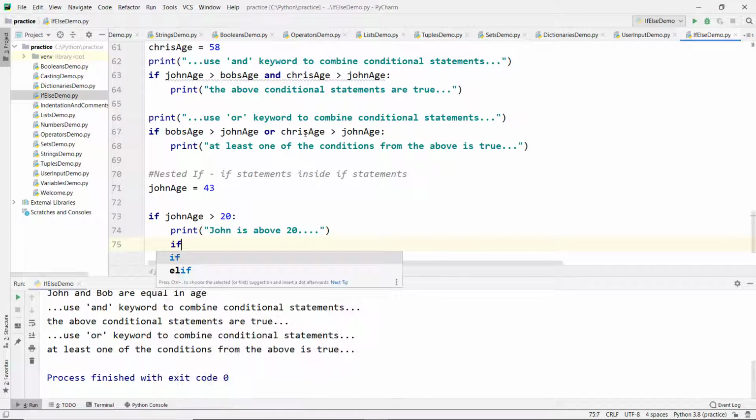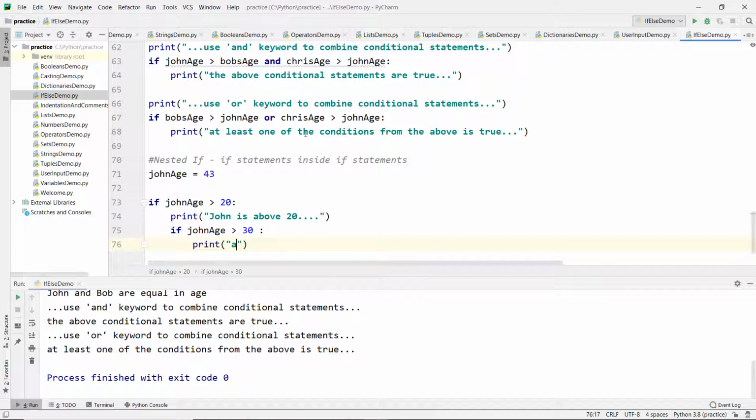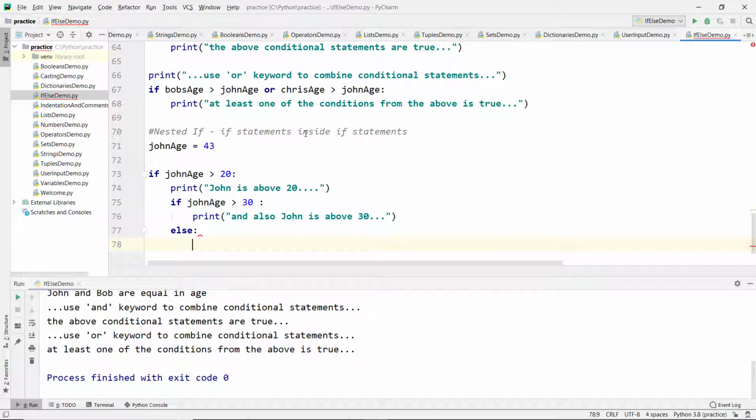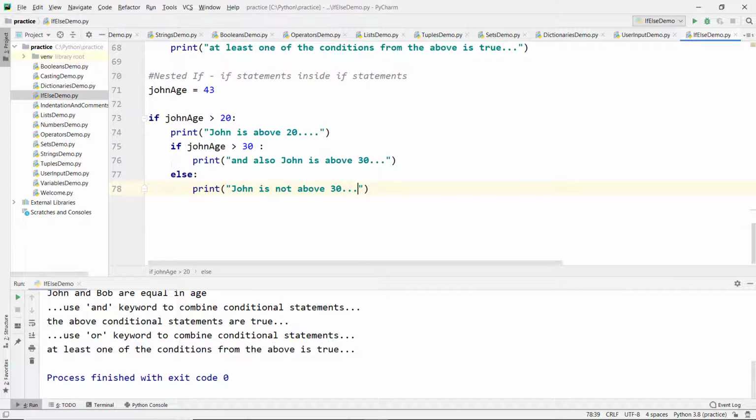And one more if condition, if John's age greater than 30, then print and also John is above 30. Now for this, let's write the else condition, print John is not above 30. So this is how we can write multiple if statements.